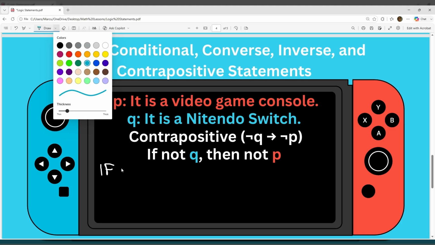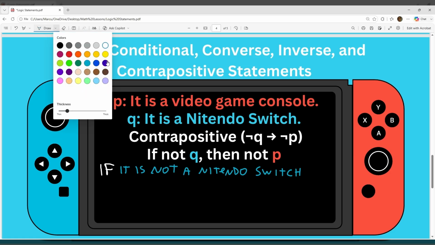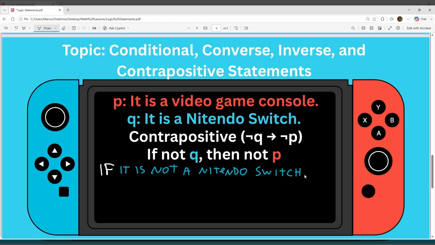So if it is not a Nintendo Switch. Again, make sure you write this down. Changing colors. So if it is not a Nintendo Switch, comma,